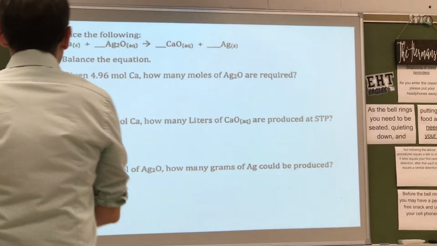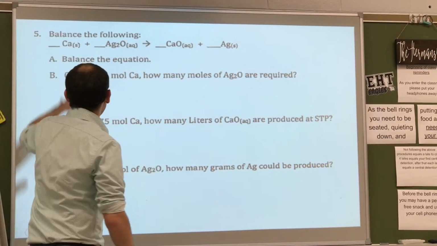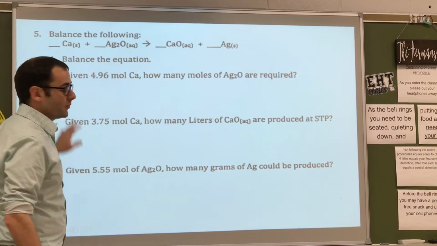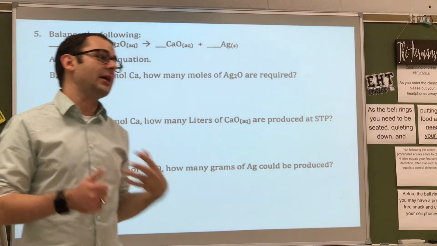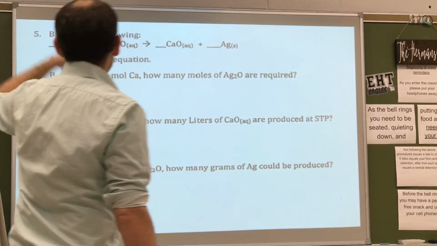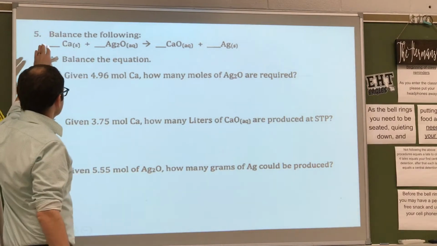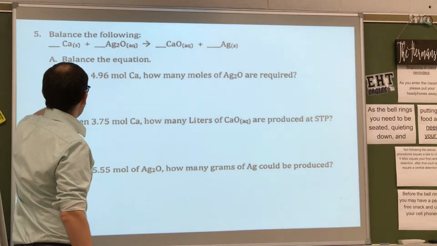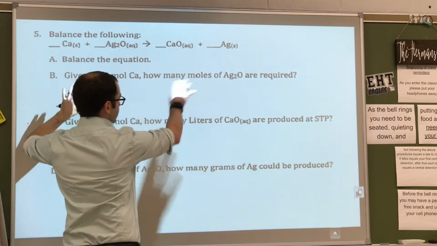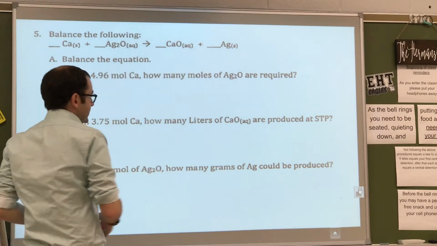So this is the first kind of multi-step problem that we're going to have in here. In this one, it really tells you exactly what to do each step of the way. So for this, it says first up you're going to balance this here. And then it has you do some conversions like we did in